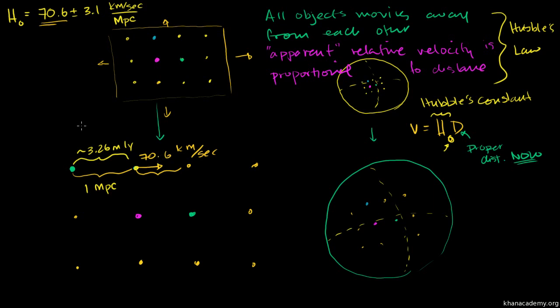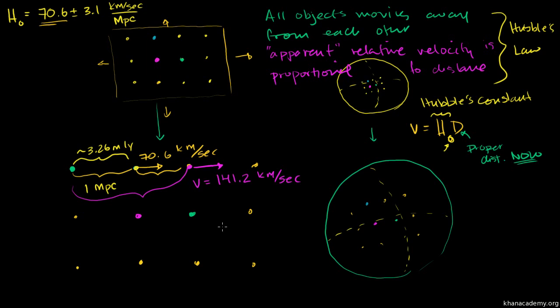But what if you were to go twice that distance? If you were to look at something that's almost 7 million light years away, 2 megaparsecs away, how fast would that be receding? Well, it's 2 megaparsecs away, so it's going to be twice this. You're just going to multiply its distance, 2 megaparsecs, times this. The megaparsecs cancel out. So it's going to look to be moving. It's not moving in space. Remember, space is just stretching. So its apparent velocity will be 70.6 times 2. So that's 141.2